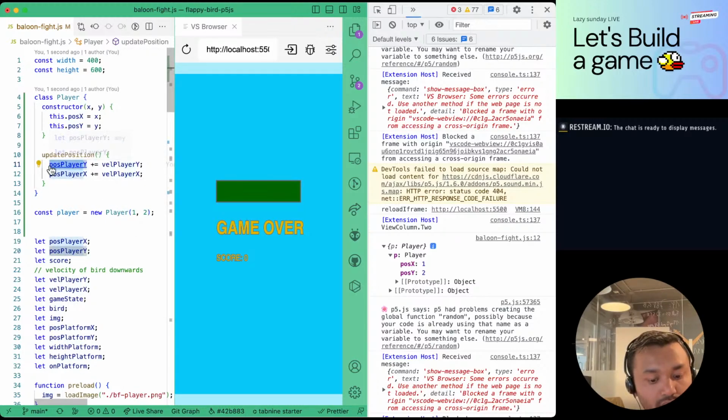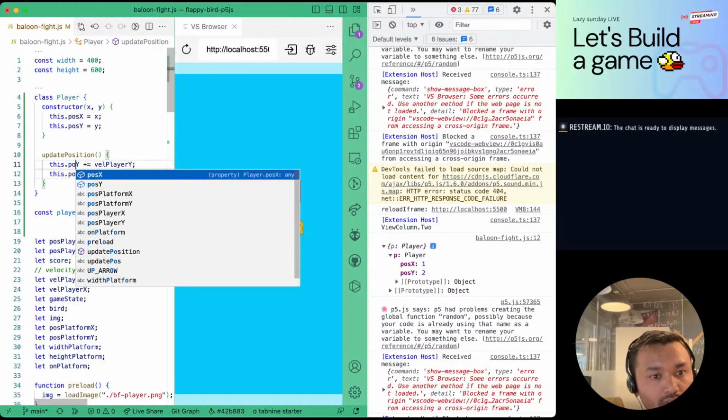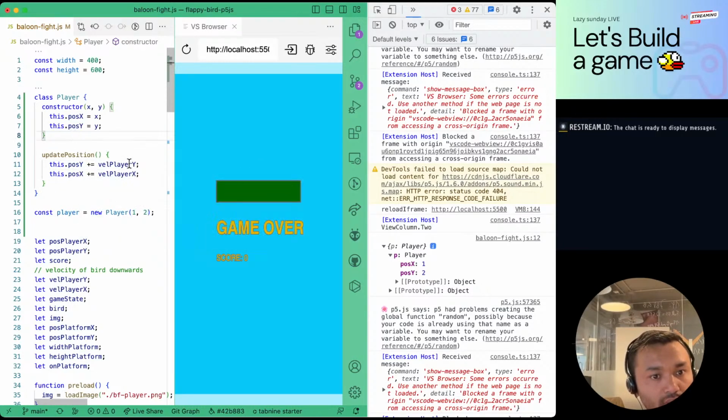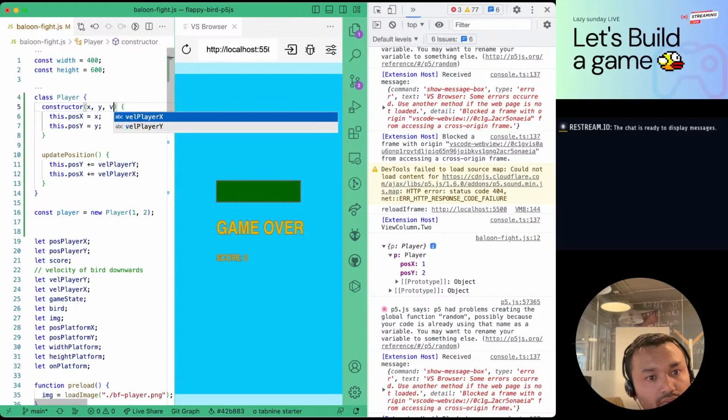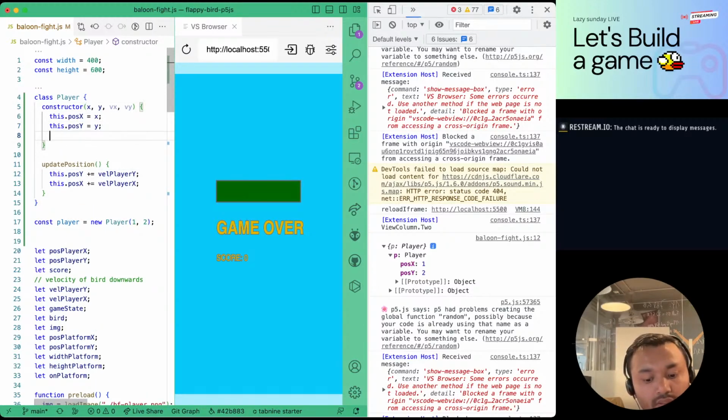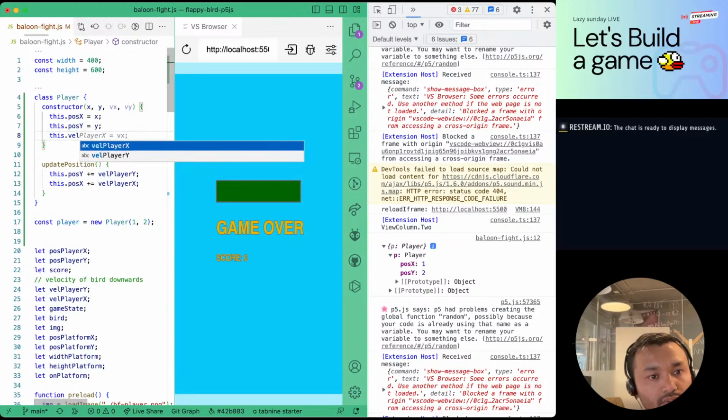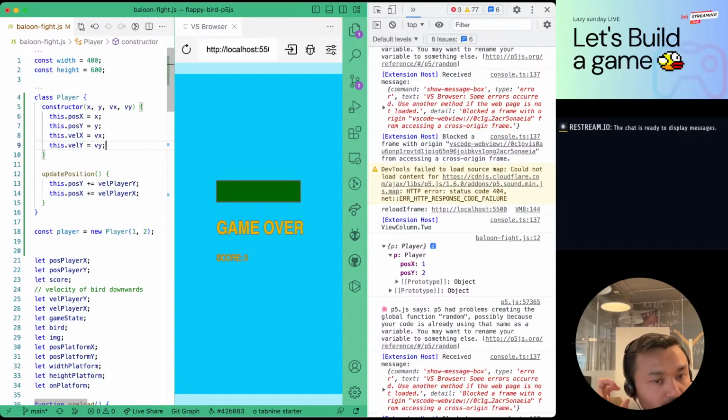I just want this to be this dot pos y, and again velocity of player can also be its own property. So here vx, vy, right? And here this dot velocity x equals vx, this dot velocity y equals vy,